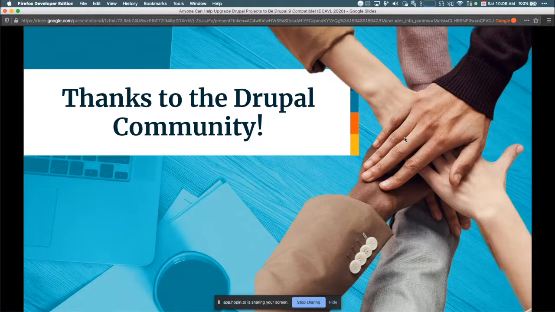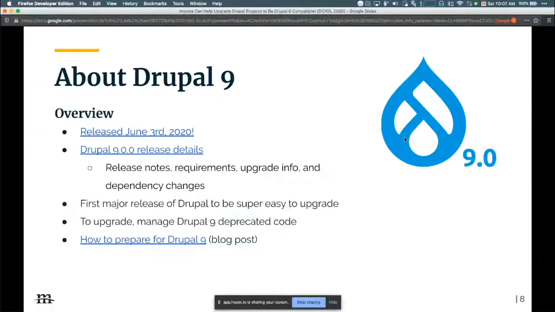All right, so let's kick off into a little bit about Drupal 9. Just wanted to give an overview. Not everybody knows what Drupal 9 is about and what's different from previous versions of Drupal. Drupal 9 was released on June 3rd. So it's pretty recent in the news, which is exciting. That does not mean that everybody instantly upgraded to Drupal 9, although some of the things we'll talk about here is that it is much more possible to more quickly upgrade to Drupal 9 than any previous release.